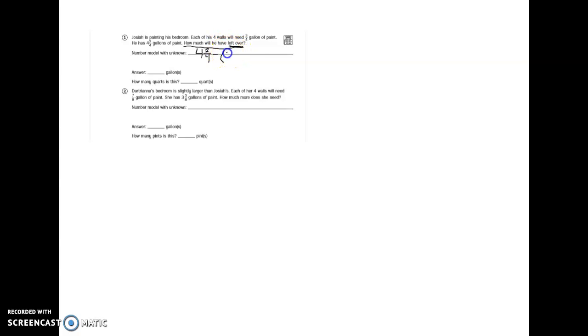So he has 4 walls, so I'm going to multiply my 4 walls by the 3/4 of a gallon needed per wall, because each wall needs 3/4 of a gallon. So it's as if we're adding 3/4 four times, except we know multiplication is a lot easier way to do that. So if I solved this using multiplying fractions, I would want to turn my 4 wholes into 4 over 1, because remember 1 goes into 4 four times, so 4 ones is going to be equivalent to